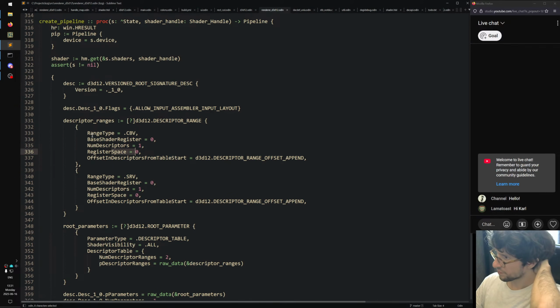So you say that, okay, first there's gonna be some constant buffer views in the descriptor. That's the first descriptors. There's gonna be 1, and they are in this space here. At least this is how I think it works based on what I've come up with from testing it a bit. And then the offset append here, we can look at what this one actually does, but